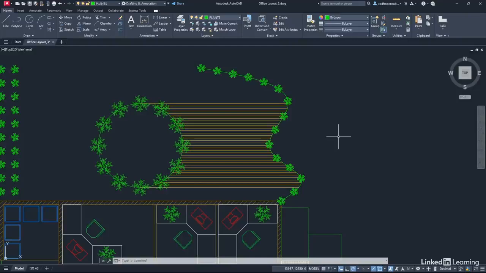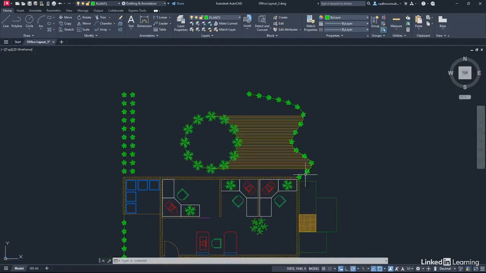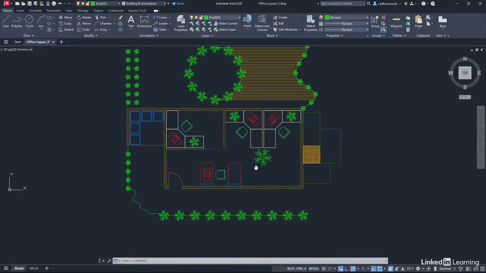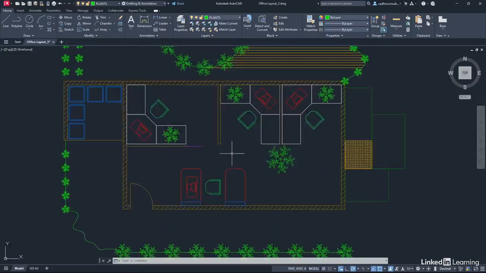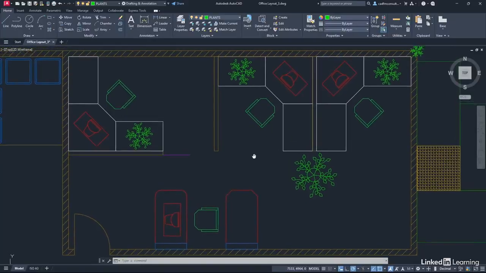Once again, we're staying in our office layout_3.dwg file, and I've left the drawing in the same state as it was at the end of the last video. So let's zoom out slightly, pan upwards a bit, and zoom into the actual office area of the drawing now. We're going to be taking a look at how we use the stretch and lengthen commands to modify geometry